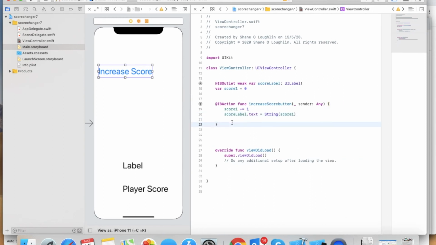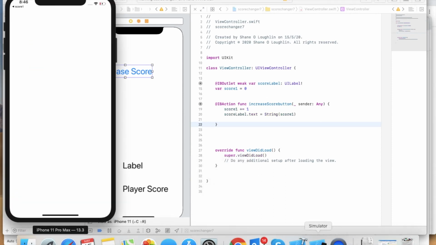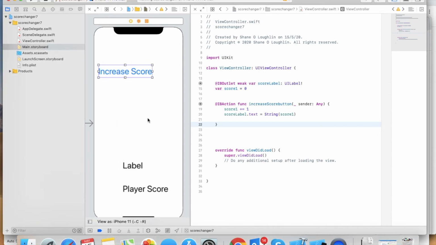Okay, let's go and look at this. Something should be happening. Where's our simulator? Okay, here. So we have a new one. And I increase the score, I increase the score, I increase the score, and it's working. And then the extension on this